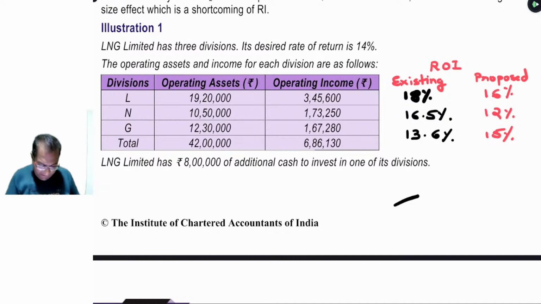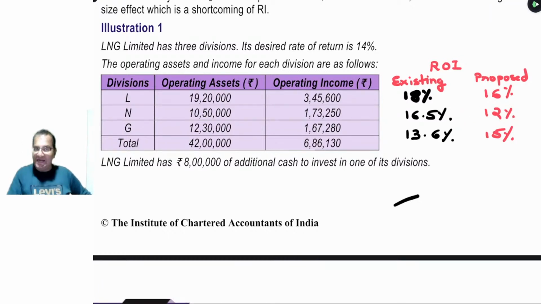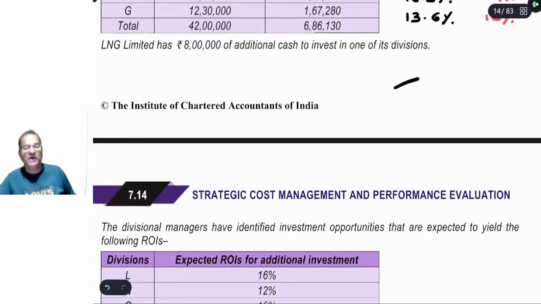तो देखिए, डिपार्टमेंट एल भी नहीं करना चाहता ये इन्वेस्टमेंट और डिपार्टमेंट एन भी ये इन्वेस्टमेंट नहीं करना चाहता, because both are having more ROI, existing ROI than the proposed ROI. But least eager इनमें से होगा डिपार्टमेंट एन, because यहां पे जो परसेंटेज डिफरेंस है वो है 4.5 का. So the weighted average after the investment by N will be much lower as compared to department L. So जो third requirement part है, the answer will be department N will be the least eager to accept the